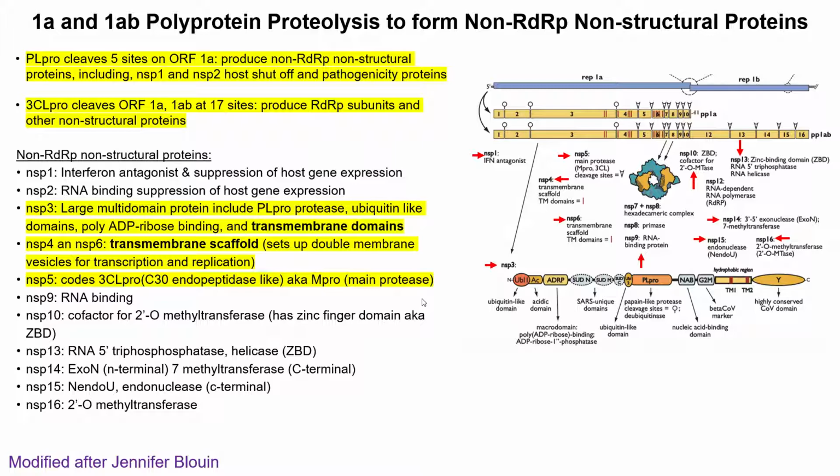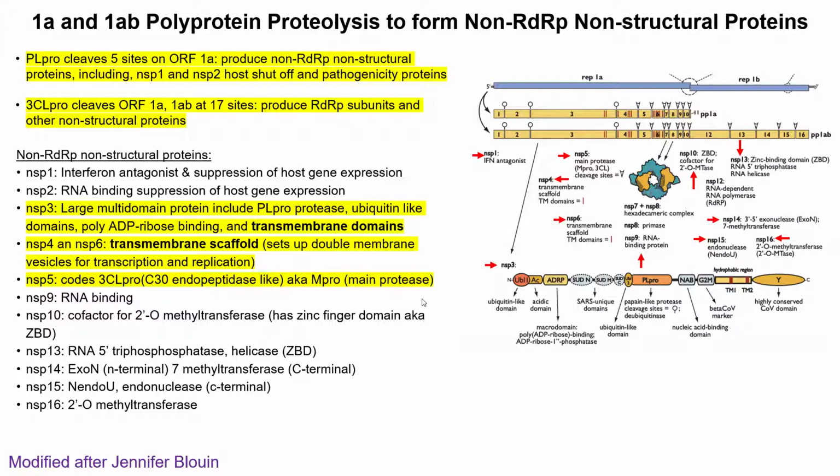So proteolytic cleavage is just the cleavage of amino acid groups, if we're just to define that. And it produces 17 non-structural proteins. It was like 12 to 16, whatever source I was looking at. And this is just a list of all of the different functions that they have. I'm not going to read them all because I think you guys can read them all, but we can go